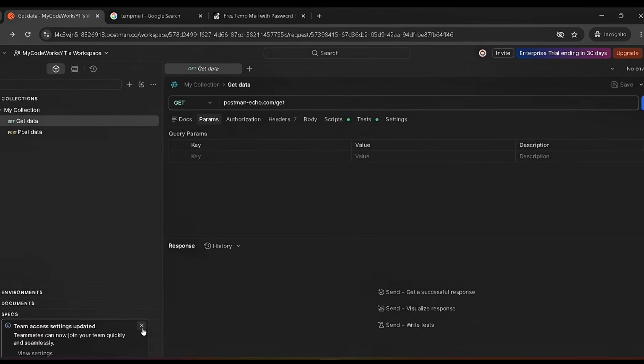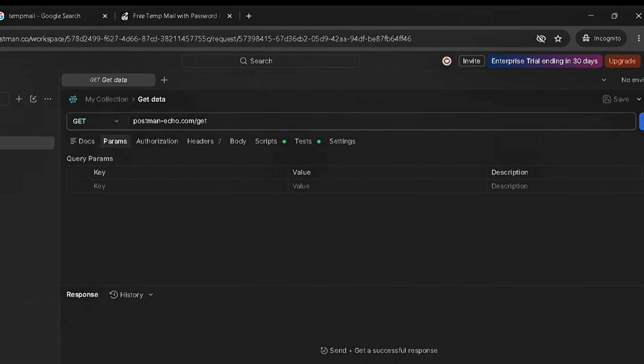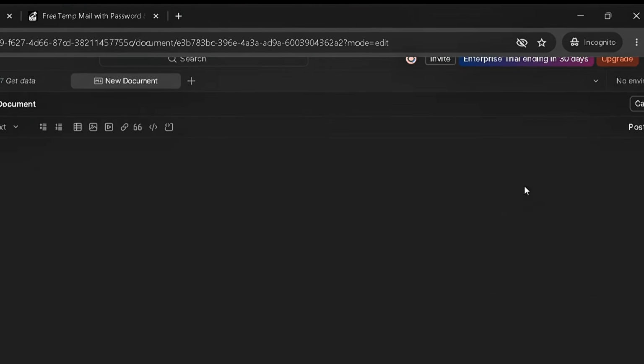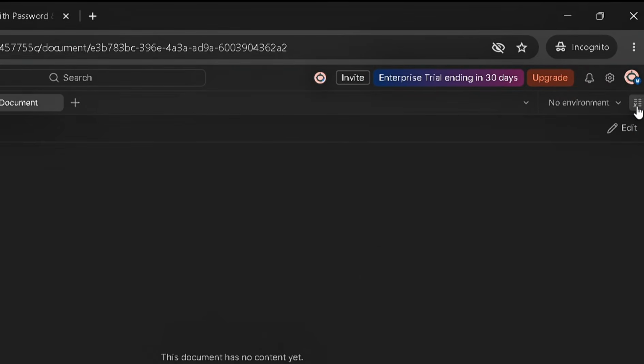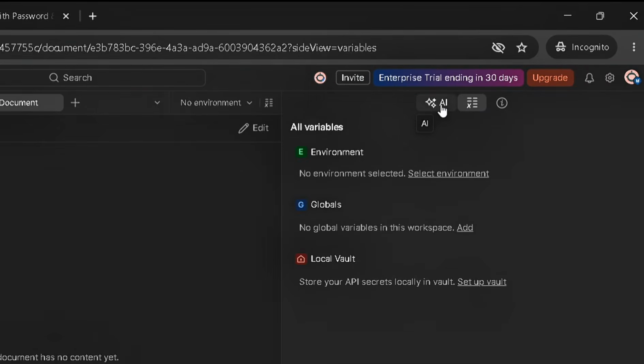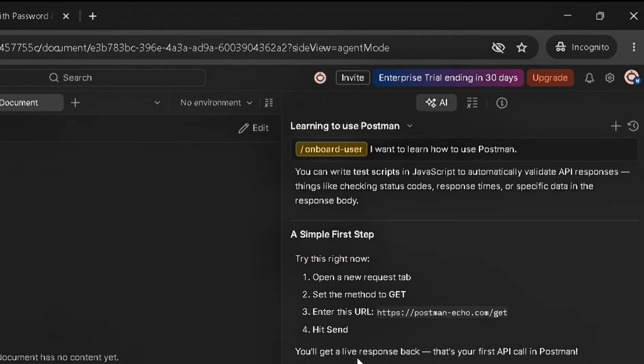We can create a document here, and we can utilize this to work on this particular. Okay, save it. Once saving, we just need to click it here on the right side, and if you see here AI is showing, just click on AI and you will be able to see this and select the model, right? And I just want to ask you,